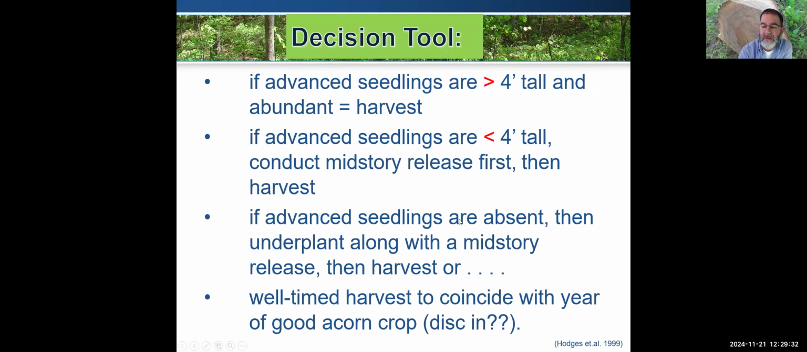Now, if advanced seedlings are absent, then you can consider underplanting before the harvest along with a mid-story release. So underplanting, and then just like we did here, come in and actually kill some trees to free up some sunlight and then harvest. And then finally, and this is not well tested, but some have been involved in well-timed harvest that coincides with a good year of acorn production,